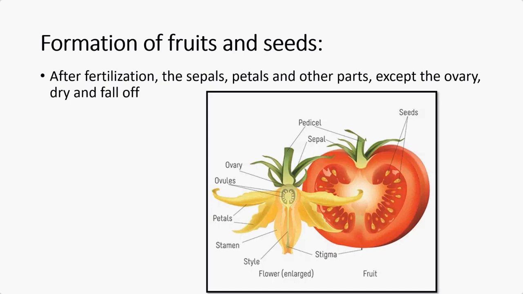Zoom the picture and compare it. They have compared it. Can you see the pedicel of a flower and the top of the fruit? Green color part. They both are same. And look at the sepal of a flower. It formed into the sepal of the fruit. Ovaries formed into fruit. Ovules formed into seed.